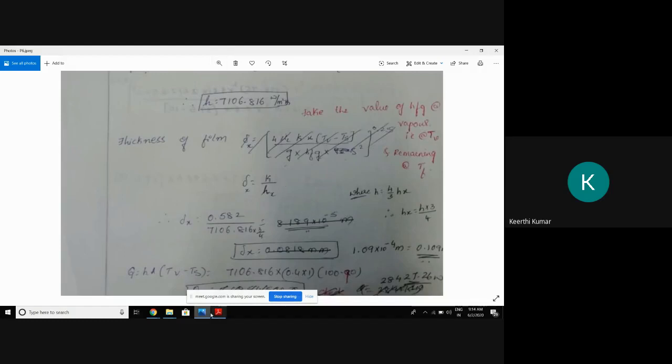You can calculate. If you want, you can try both methods. Delta X directly you can substitute here, or you can substitute in this one. Find out the delta X. I'll give 2 minutes, complete it fast.